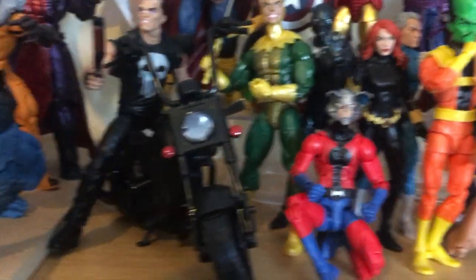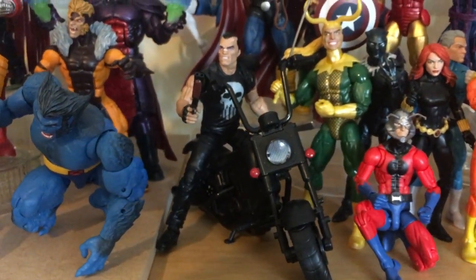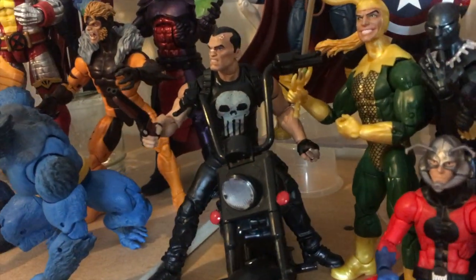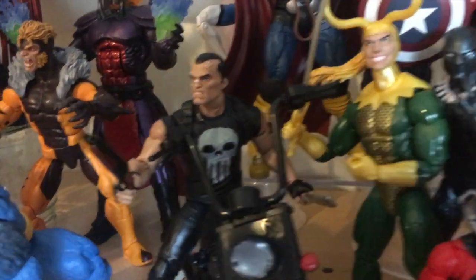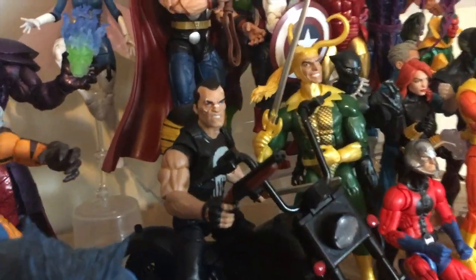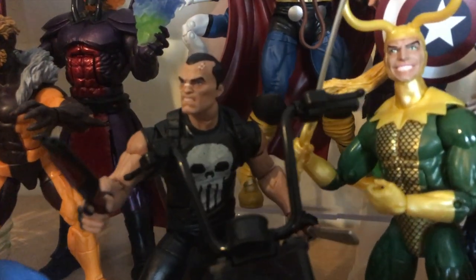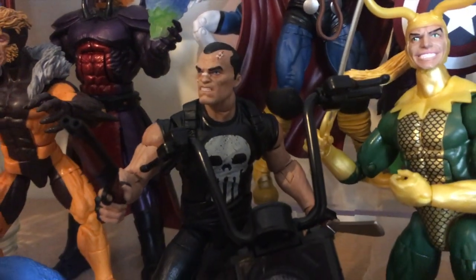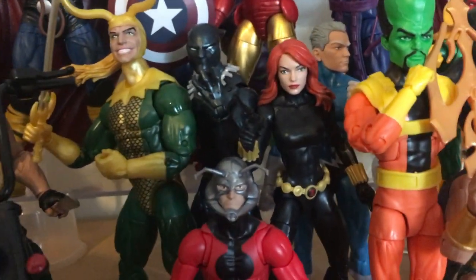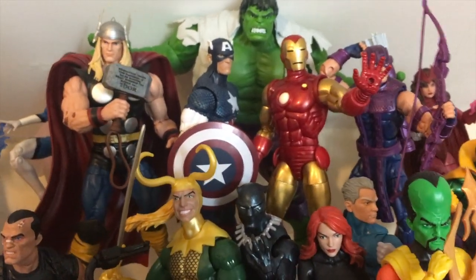Of course, my current favorite new figure, the Ghost Rider Punisher. This guy, just the more I look at him, the more I'm like, oh, how was I even on the fence about getting this? This guy is just superb. It almost looks kind of out of place because the detail is so intricate and he's such a realistic looking figure that he doesn't quite go with the more wacky, bright and vibrant, dare I say, cartoonish